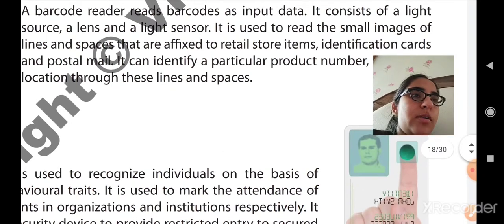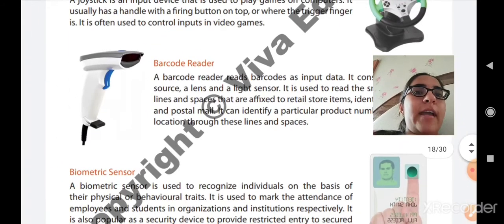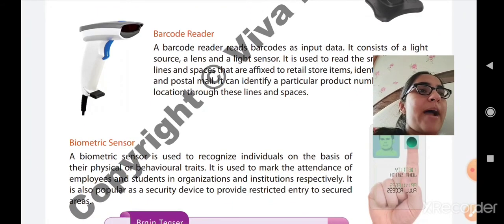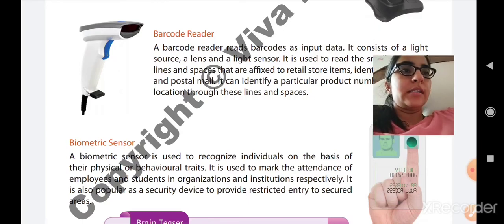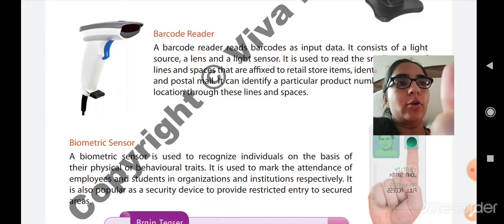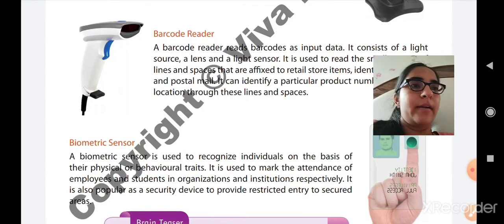In our school also, in our St. Thomas school also, there is a biometric sensor available. So whenever a teacher visits the school, he has to put his biometric on that device. A thumb impression is there. You can see that a thumb impression is there. So this thumb impression you have to press on that sensor. Okay, so this or this, any of the biometrics you can give.